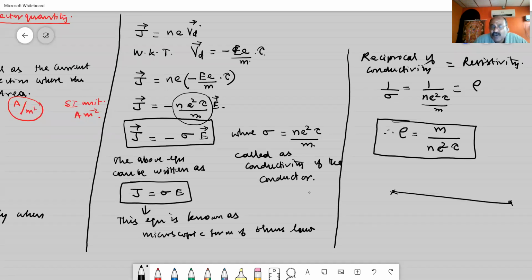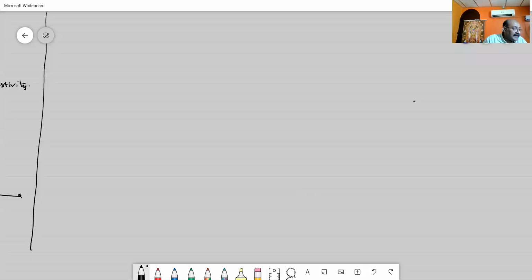So all these together make a single question. Come on, take page number 86, example number 2.3, and go through the problem. A copper wire of cross-sectional area 0.5 millimeter square carries a current of 0.2 ampere. If the free electron density of copper is 8.4 into 10 to the power of 28 per meter cube, then compute the drift velocity of the free electrons.